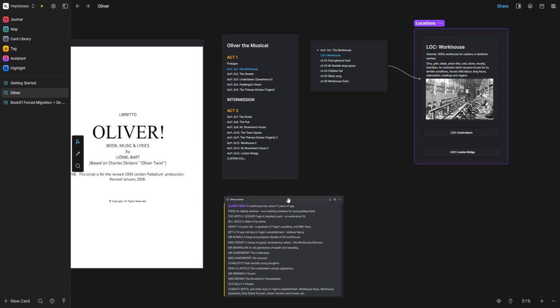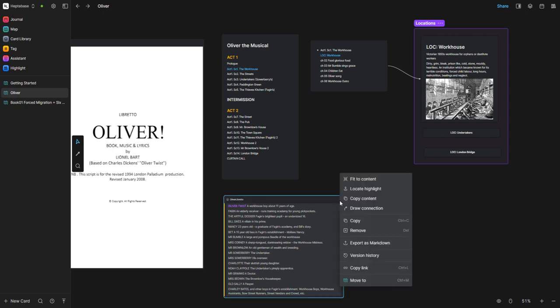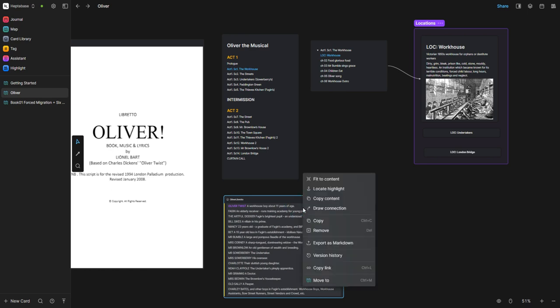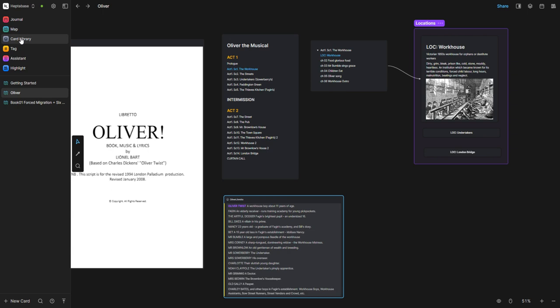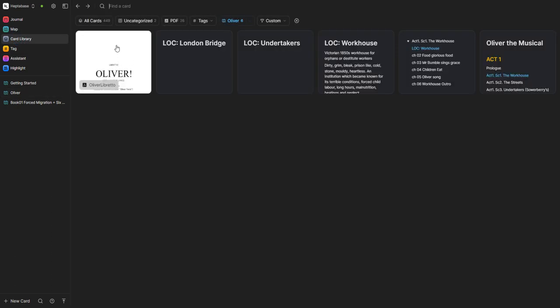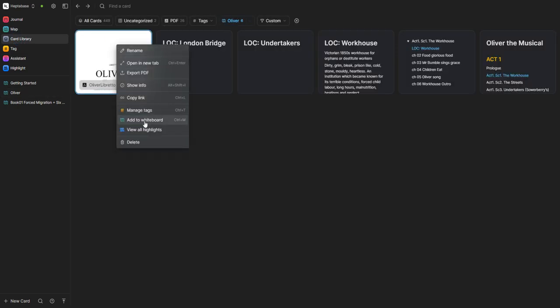The great thing is that I could choose to not only use it on this whiteboard, but I'm thinking actually this idea of the characters that are in Oliver Twist, I want those on another whiteboard. I can literally just click on that and go either move to another whiteboard, or I can copy a card so that it's used in another one. An easy place to do that as well is from the card library. So if I go here, I can just go add to whiteboard, and I can add it to as many